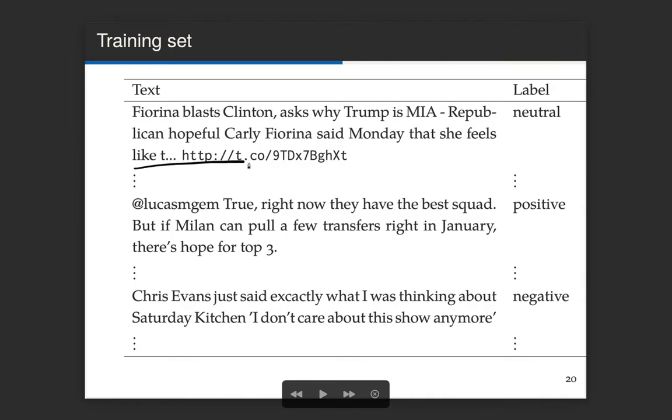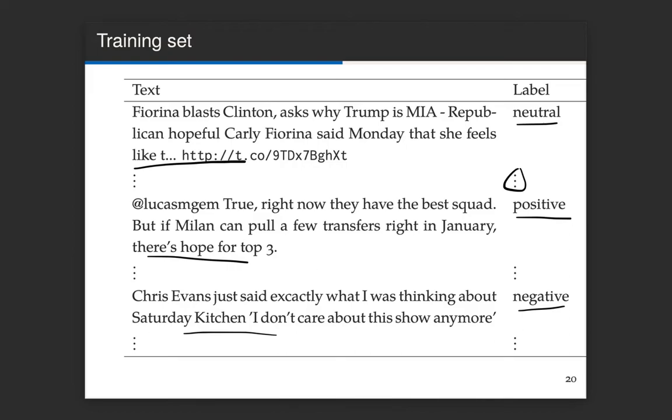You have a text, and associated to that text you have a label, in this case neutral. You have another text with another label, positive, and another text with a label which is negative. Of course, you have more than 3 texts, maybe 1,000 different texts, and each one has a label associated to it.